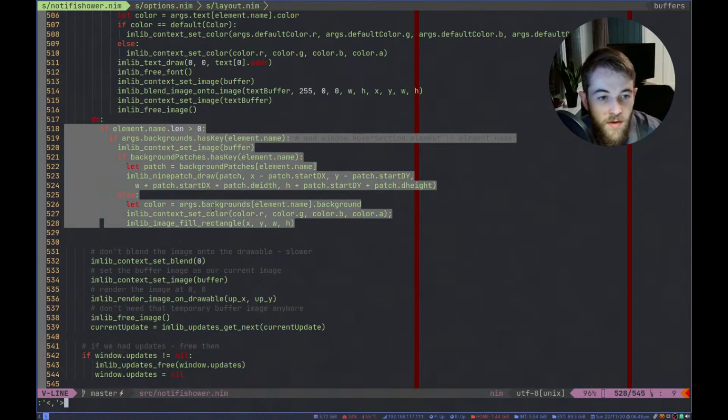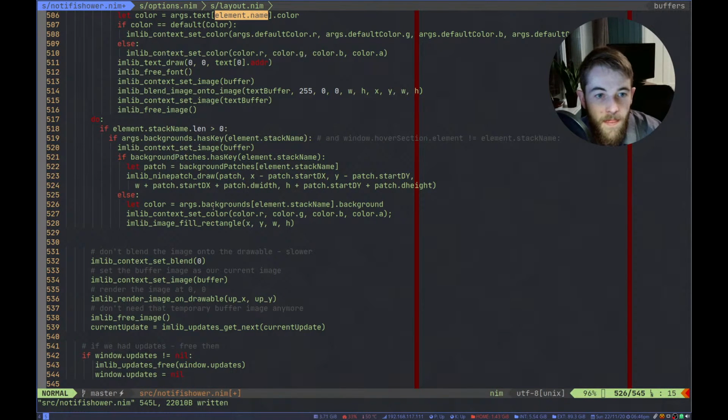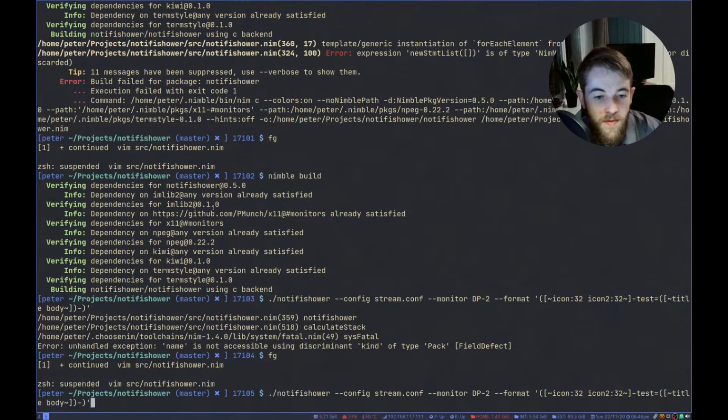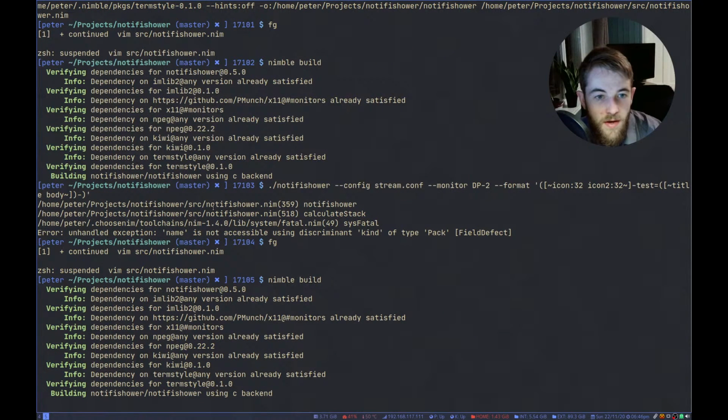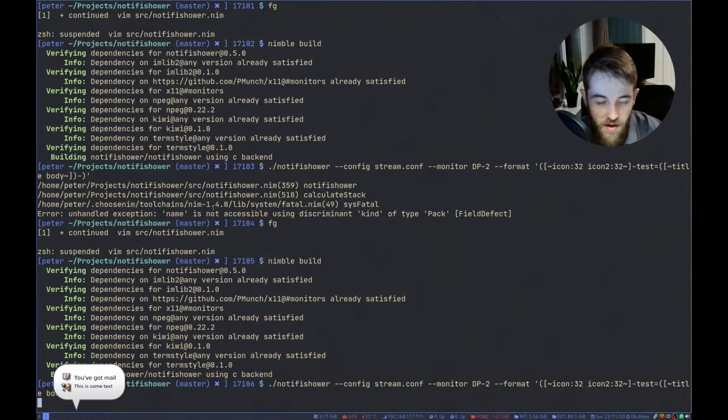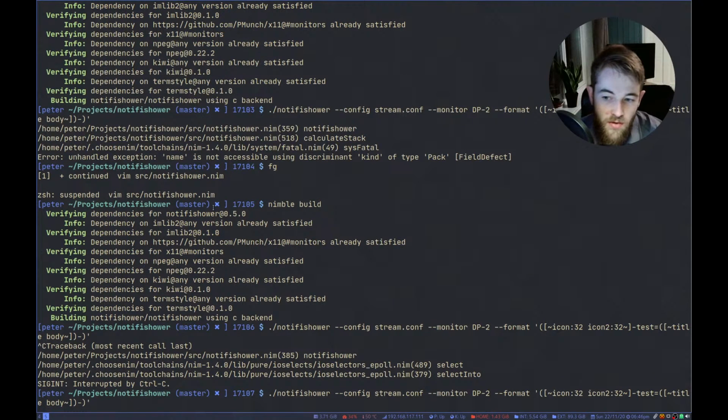So just to make sure that I get all of them, replace element.name with element.stackName, like that. And now that should compile fine and run fine. Good. So now we're naming this stack test.